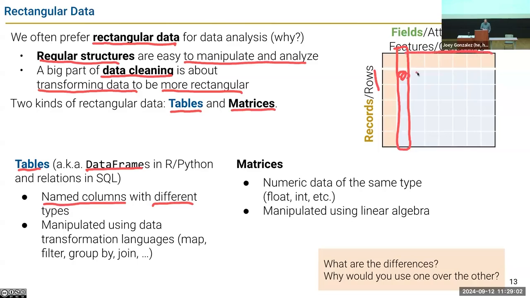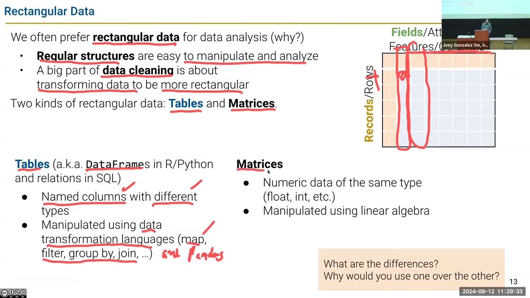And each of these rows links a collection of these columns. It's a table. So I have named columns. They can have different types, and they're manipulated using data transformation languages like map, filter, group by, join, which I love, but there's also pandas. And that's what you did the last week and a half, and we'll continue to do throughout the semester.